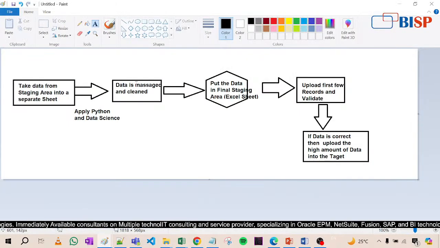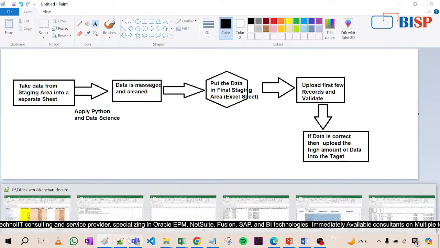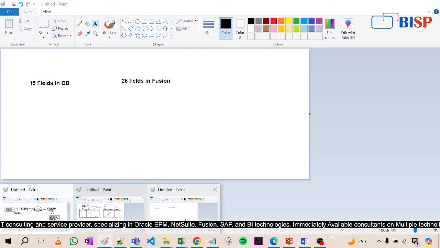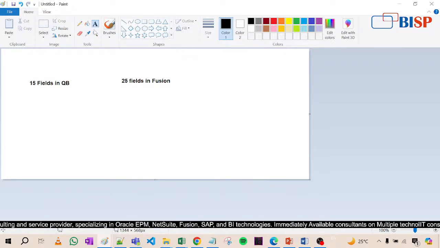See here, the data is massaged and clean, that we have done. Put the data in the final staging area. Now this data will be uploaded and we will validate the records, and check if the data is correct. Now what's the process going on behind all these things? Let me show you. Now when you hit the button,